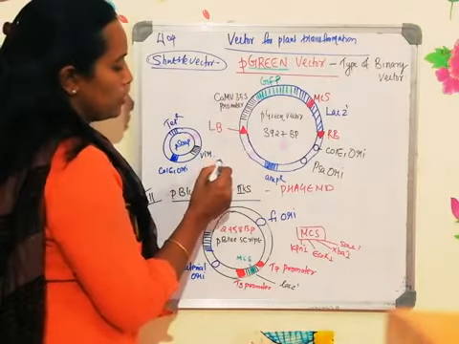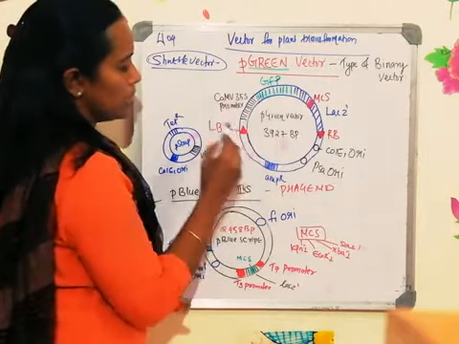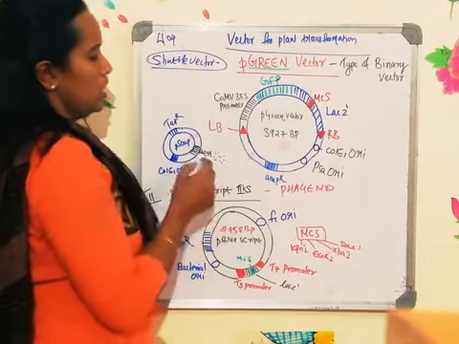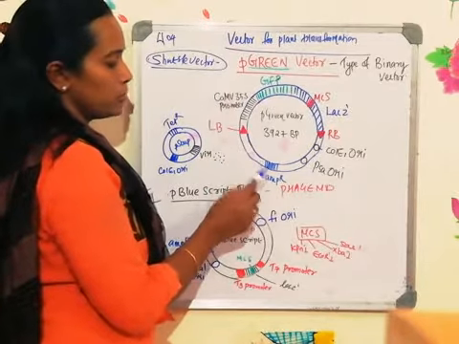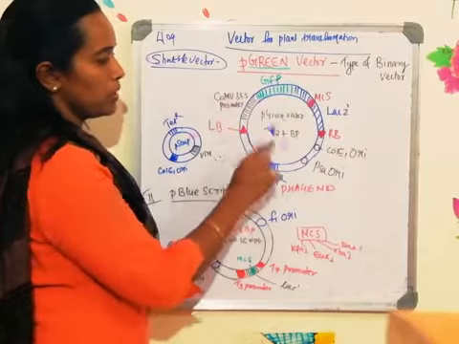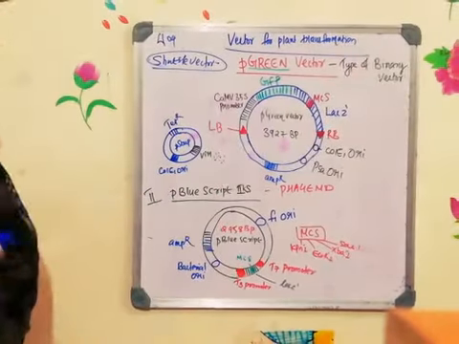It will express and produce all the virulence proteins. Virulence proteins will bind to the left and right border, cut it, and the gene transfer happens. Virulence protein plays a major role. So without the virulence gene or virulence proteins expressed from the vector, gene transfer is not possible. So it has to depend on a helper plasmid. In the case of a binary vector, we will be using a helper plasmid.